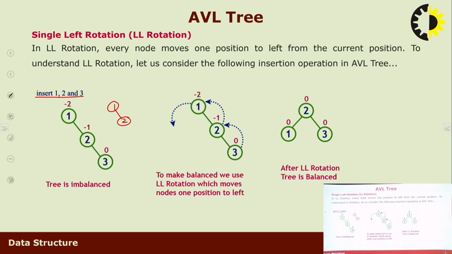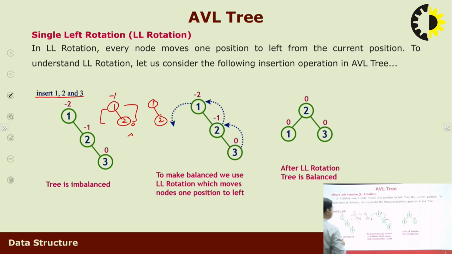In that case, tree is also balanced because if we are calculating the balancing factor at this stage, this is 0, that is leaf node. Height of left subtree, that is 0. Height of right subtree, that is 1. 0 minus 1, that is minus 1. If we are getting value 0, minus 1, 1, that is tree is balanced. But if we are inserting 3,